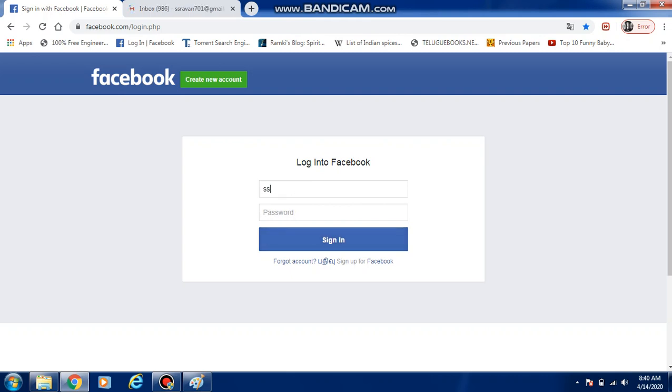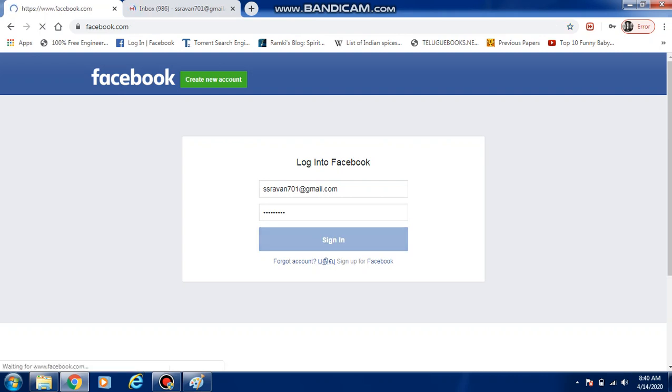Just for example, here I am entering my email ID and here I am entering the password. If both my email ID and password are correct, now I am giving sign in.